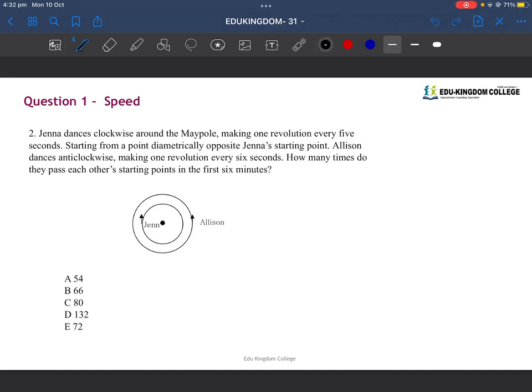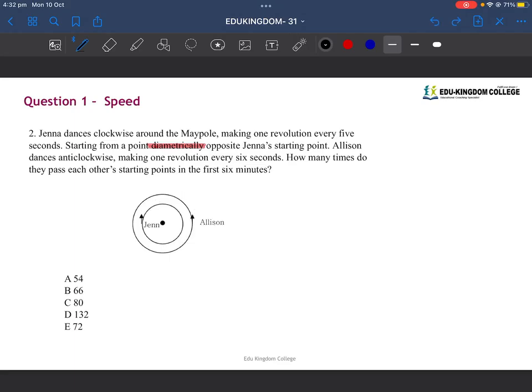Now, the first word that should pop up in your radar is this, diametrically opposite, right? What does diametrically opposite mean exactly? Well, luckily for us, it's already in the diagram. It's dia, meaning two, and opposite, so facing each other, right? So we have this situation where Allison runs anti-clockwise in that direction, Jen runs clockwise, and we're also given their